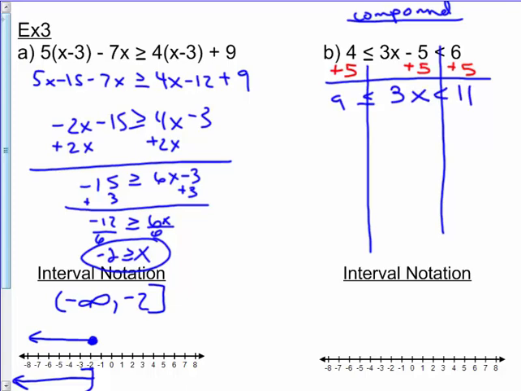How do I get rid of the 3? It's 3 times x, so I'm going to divide by 3. Divide each side by 3, and by 3. I get 3 less than or equal to